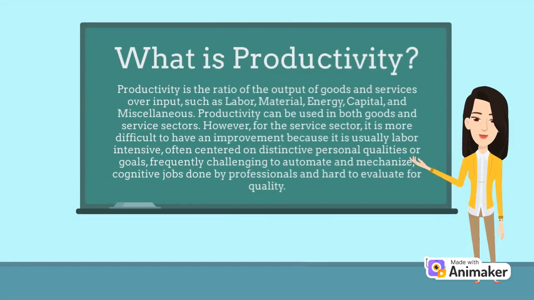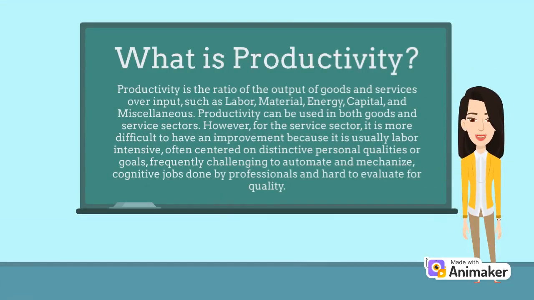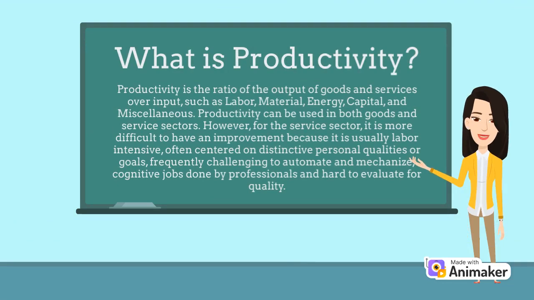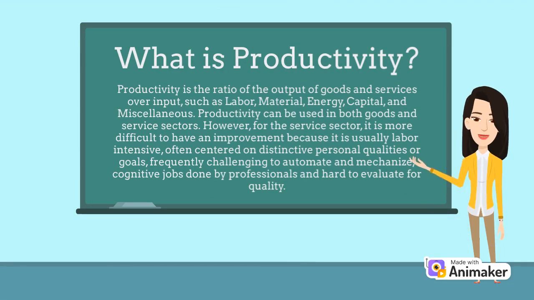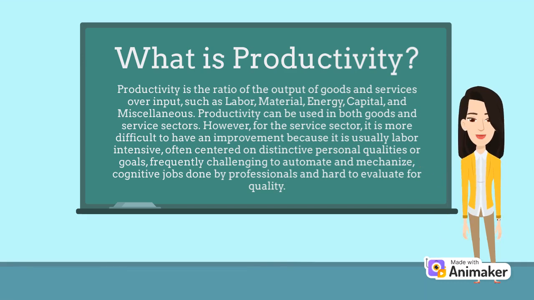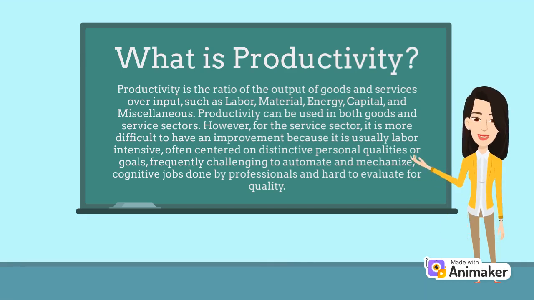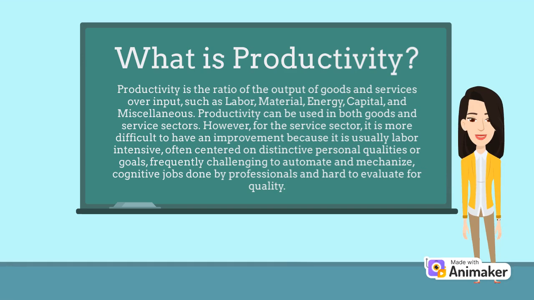What is productivity? Productivity is the ratio of the output goods and services over inputs such as labor, material, energy, capital, and miscellaneous. Productivity can be used in both goods and service sectors. However, for the service sector, it is more difficult to have an improvement because it is usually labor-intensive, often centered on distinctive personal qualities or goals, frequently challenging to automate and mechanize, cognitive jobs done by professionals, and hard to